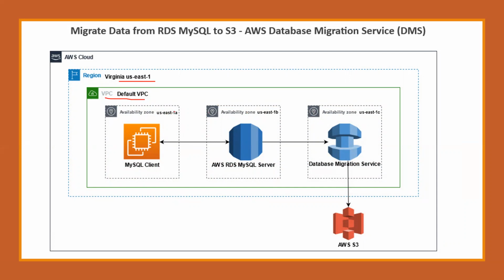You can see here we will use different availability zones for all of these. Here is the data migration service, and we will create one AWS RDS MySQL server, and we will access this server using the client machine. This is the MySQL client machine where we will access the data from that server. That machine is also a server in AWS, but you can access the same thing from your local system, or from any on-premises system, through this connection.